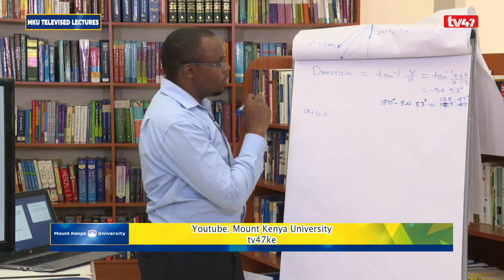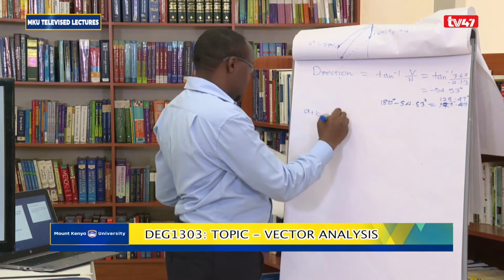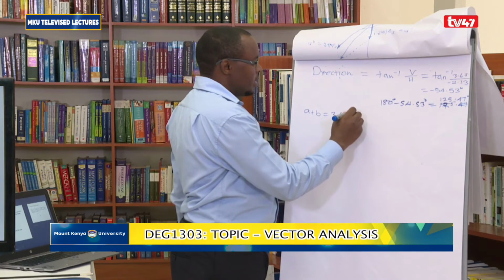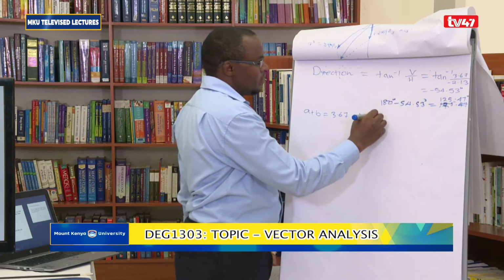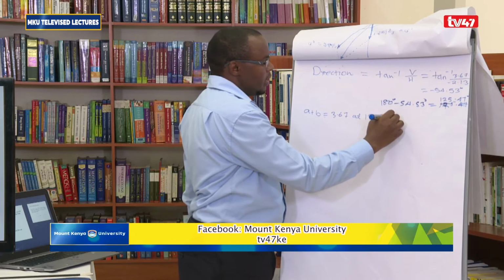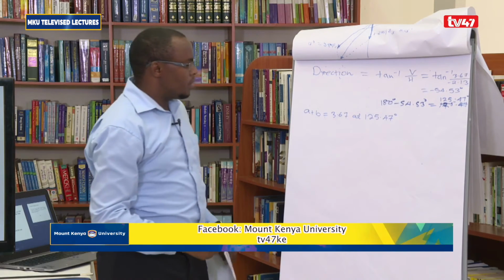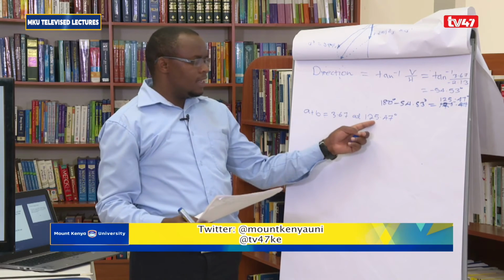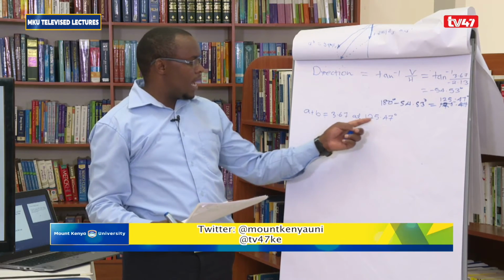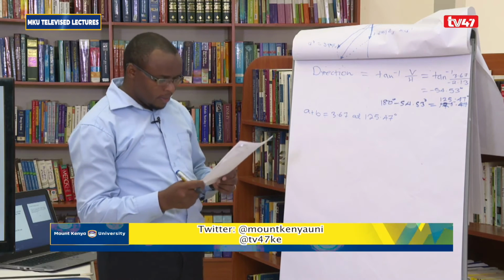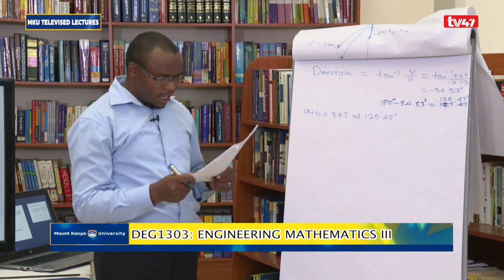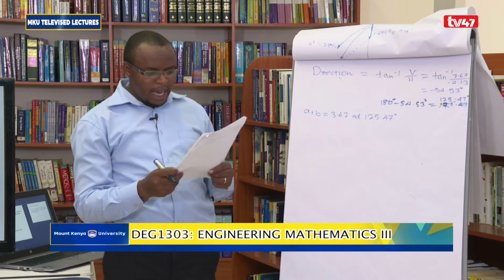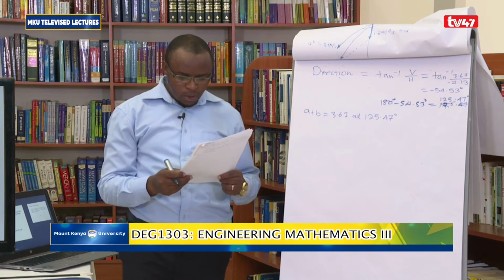And therefore, the resultant A plus B is going to be given by 3.67 at 125.47 degrees. So this was the resultant, this is the magnitude, and this is the direction. And then the second part is asking us to get